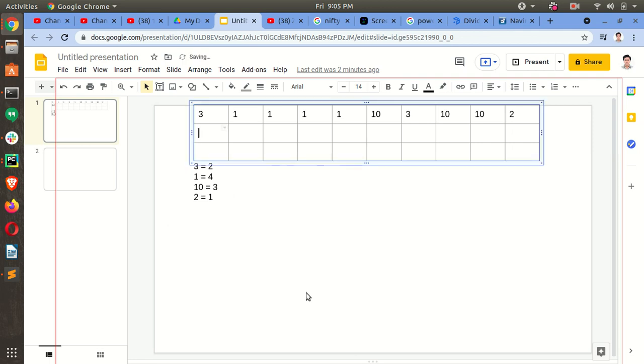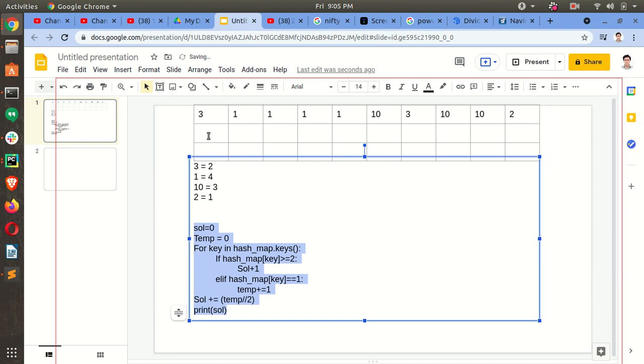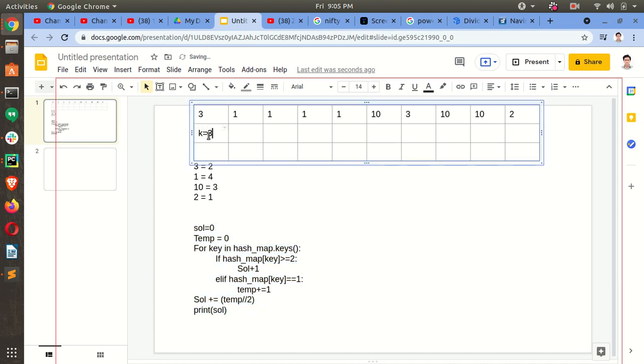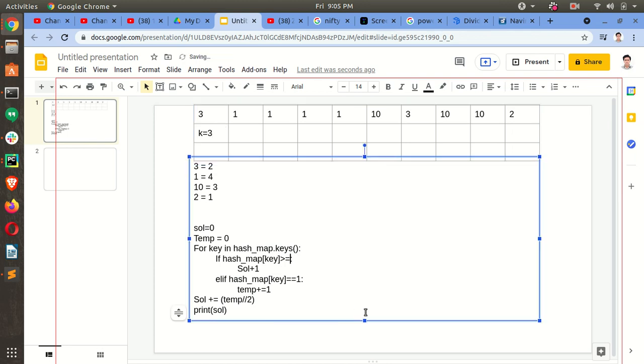So what was the previous solution? Yeah, this one. So k is equal to 3. In this solution, for counts greater than or equal to k, we will simply increment, and if it is less than k, then we will increment temp by the hash map key.